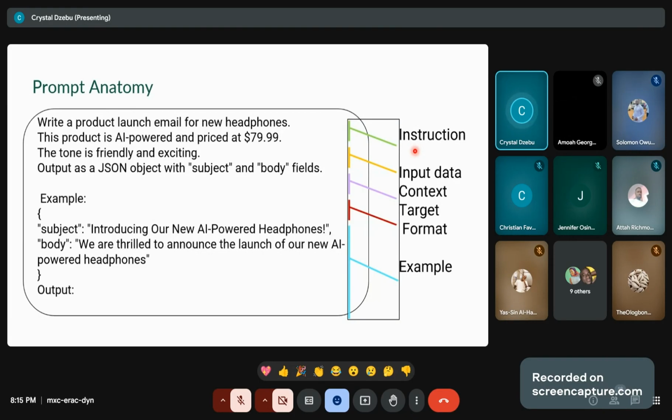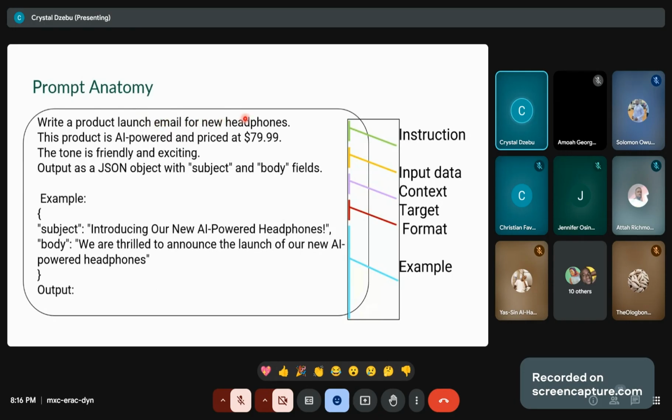So you all know that anytime you want to give an instruction, you use verbs. So if you notice here, there is a verb here. The verb is what? Write, meaning that you've given it specific instructions to write. Then the instruction is not just a verb. What are you writing? A product launch email. So product launch email, meaning that this is a noun phrase. So this is a verb. This is a what? A noun phrase. A product launch image. For what?